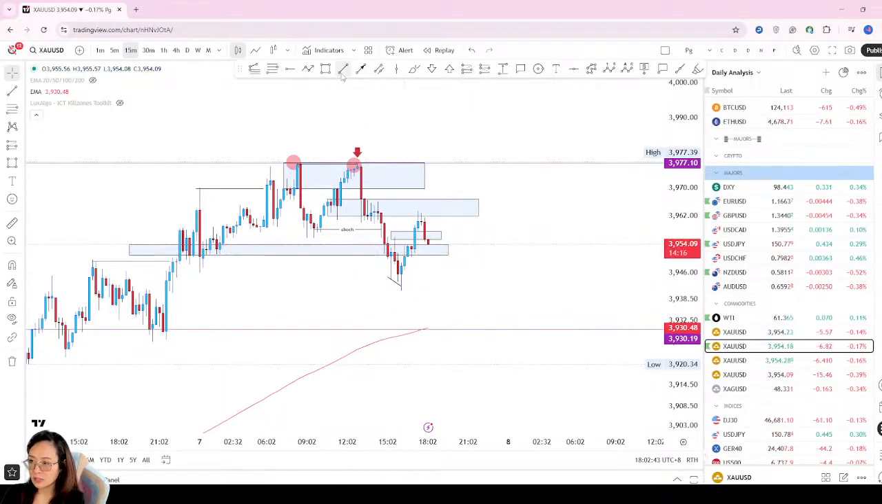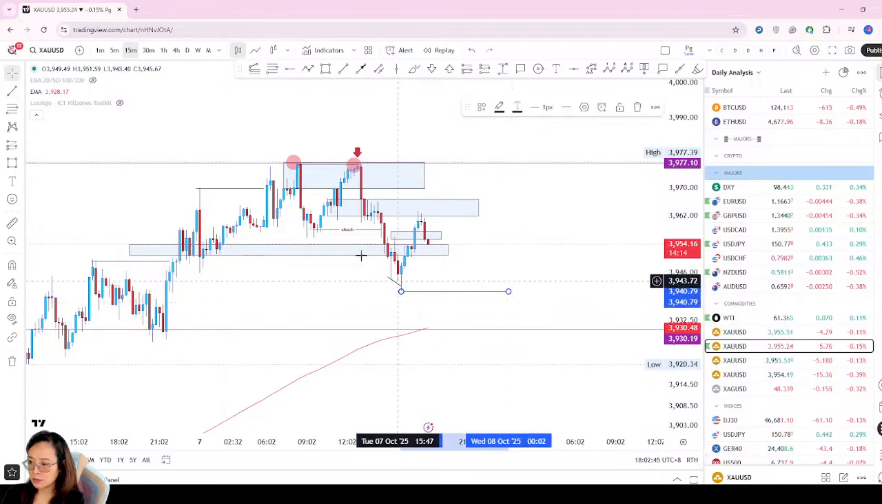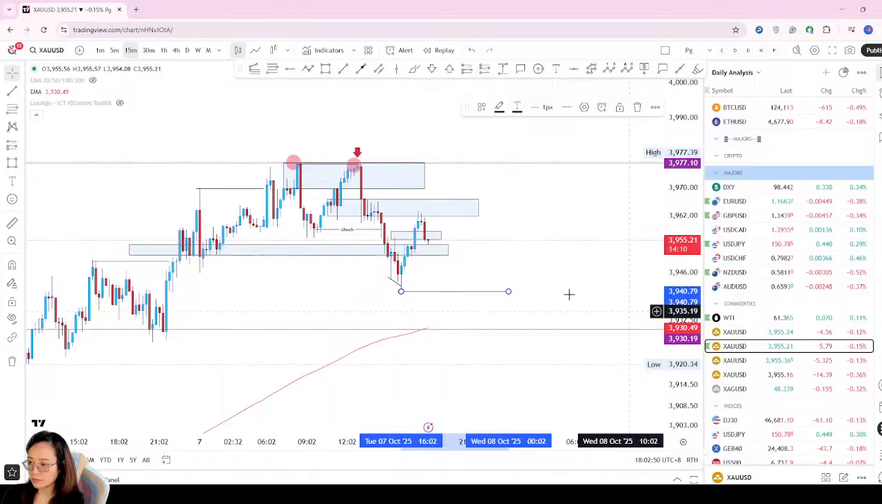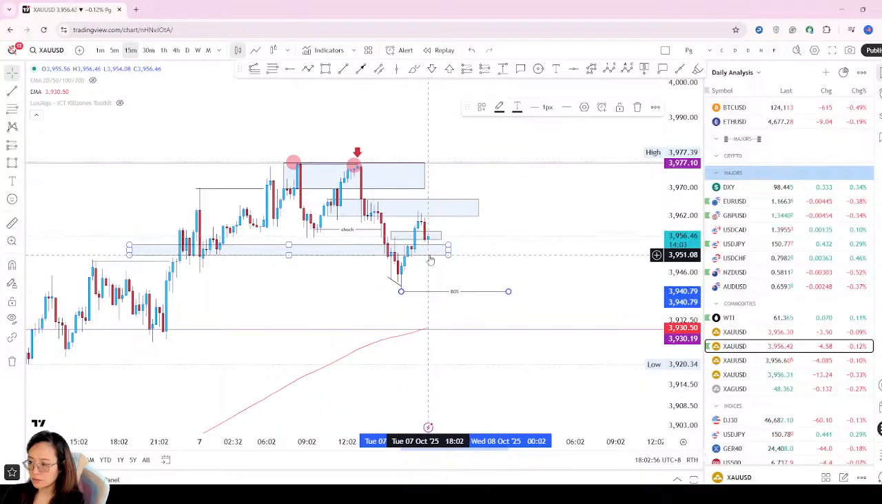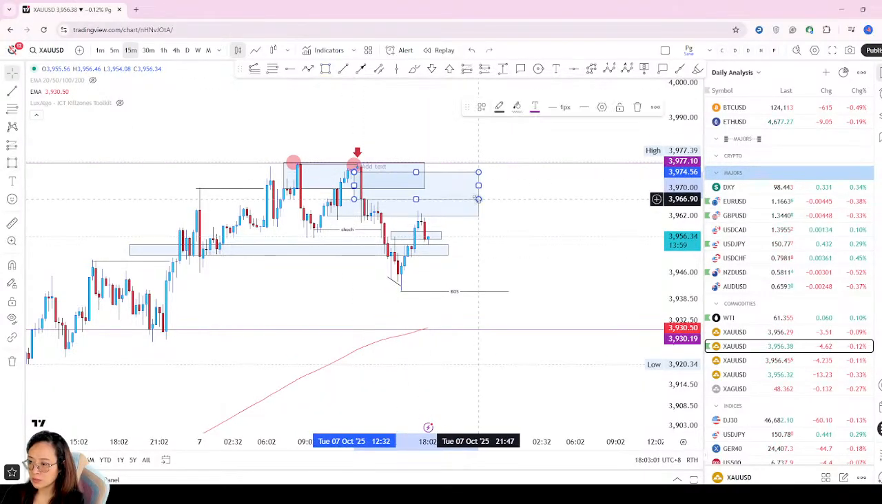The price cannot close below this one. If they close below, of course this is going to be your BOS, or break of structure, right? If you're going to buy from 52 to 50 here, that is another zone that you can buy based on the